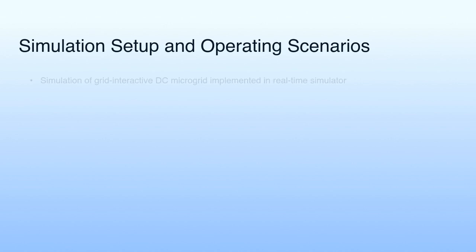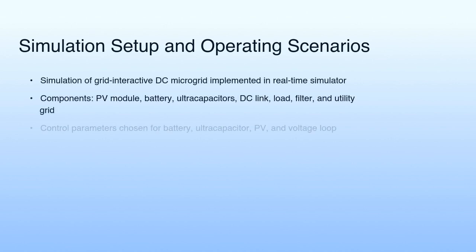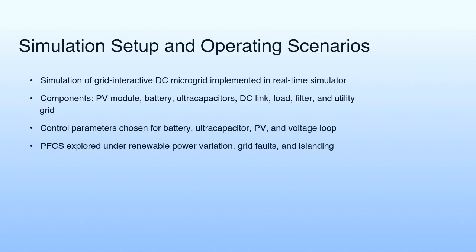A simulation of a grid interactive DC microgrid has been implemented in a real-time simulator with components such as a PV module, battery, ultracapacitors, DC link, filter, and utility grid, and carefully chosen control parameters for battery, ultracapacitor, PV, and voltage loop, allowing for the exploration of the power flow control strategy under scenarios like renewable power variation, grid faults,